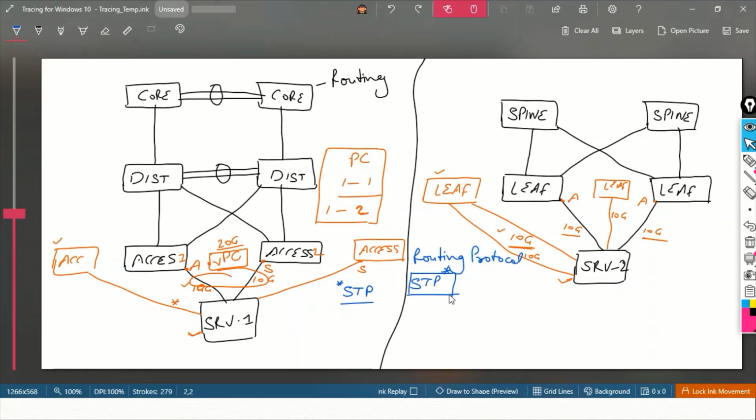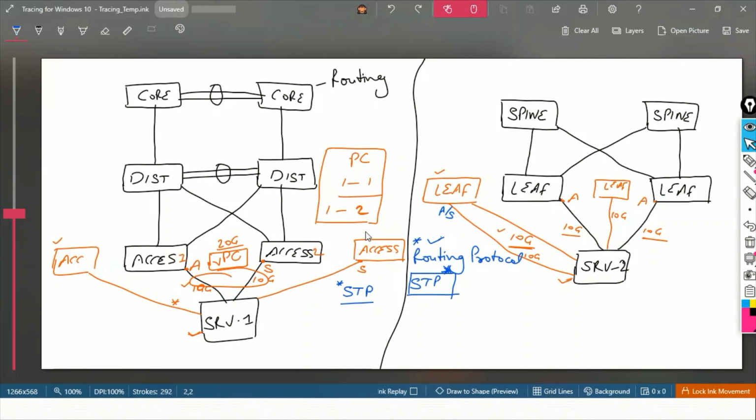STP is a layer 2 topology technology, but on top of STP they have run one of the routing protocols, and whenever any link connects, it first hits this routing protocol. Once this routing protocol is disabled or not running, then STP will come into the picture and make the port active or standby, forwarding or disabled.